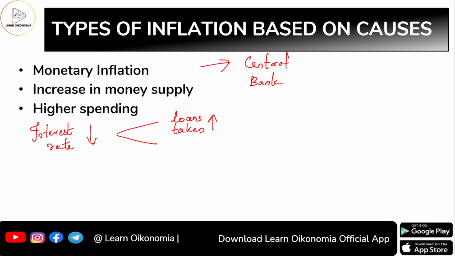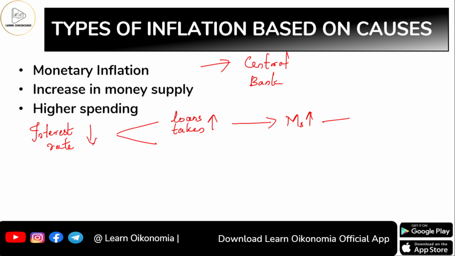Because people think that the money burden would be coming down, because why? They need to pay only less price to the bank in the form of interest. So their cost of borrowing is coming down, and for the same reason people will be going for more loans. They will take more loans. So when people are taking more loans, what will happen? More money will be coming to their hand. So what happens is that the money supply in the economy would be increasing, the money with people would be